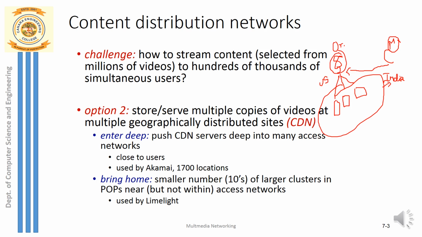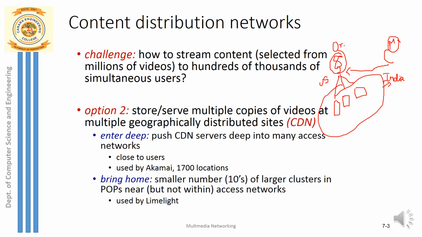Again, in India we have several cities. So if there are more YouTube users in Bangalore, definitely we require more servers for Bangalore in India. So more replicated servers, depending upon the accessibility, can be distributed throughout the globe. This is what you call a content distribution network. You distribute the contents, that is the replicated videos, all over the country, and you can call them clusters.